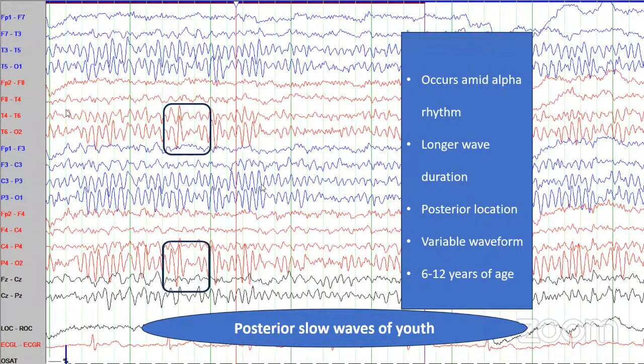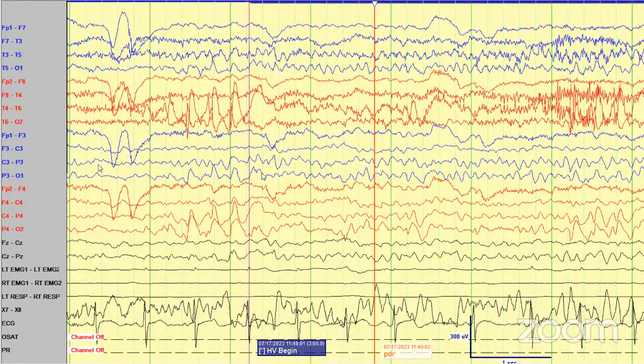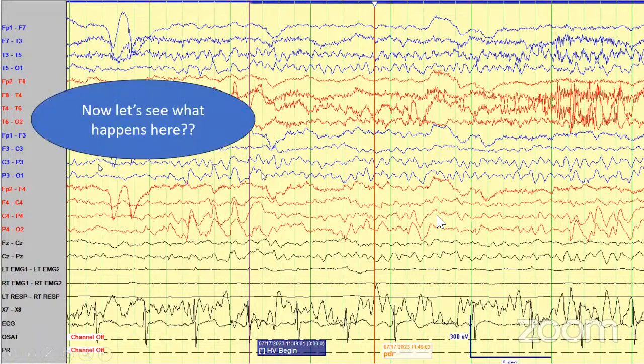Now related to the awake record, I'll just show one last example. This epoch is of the same child where I had demonstrated the asymmetric background, asymmetric rhythm. So here also what we can appreciate is that the alpha rhythm, the posterior dominant rhythm, is very well appreciable over the left side, but it is not appreciable over the right side. But in general, this is what her awake record looks like. Now let's see, after some time,